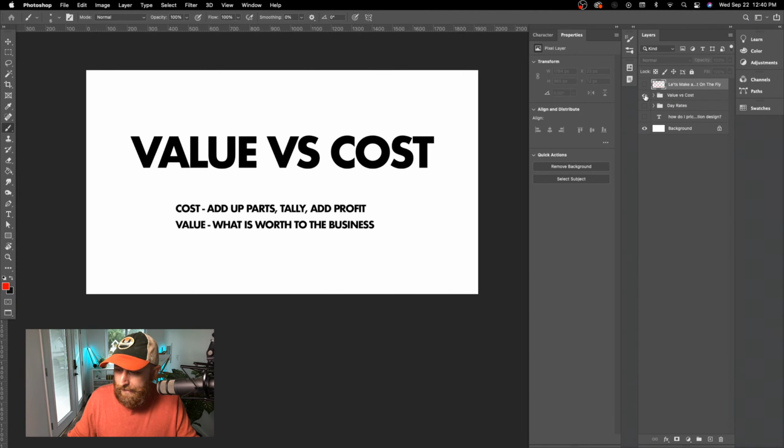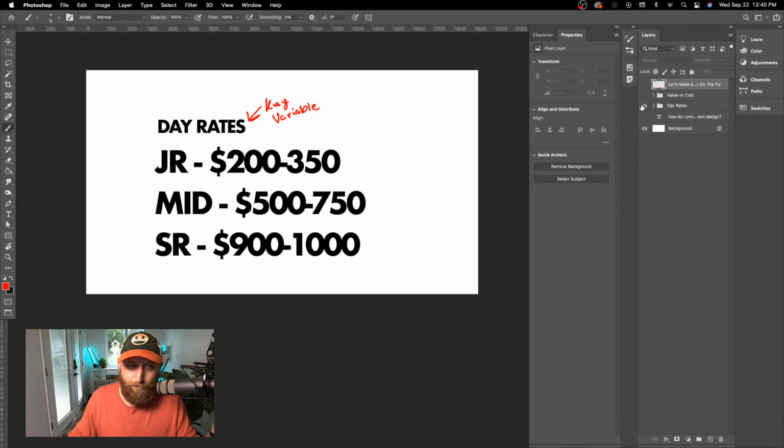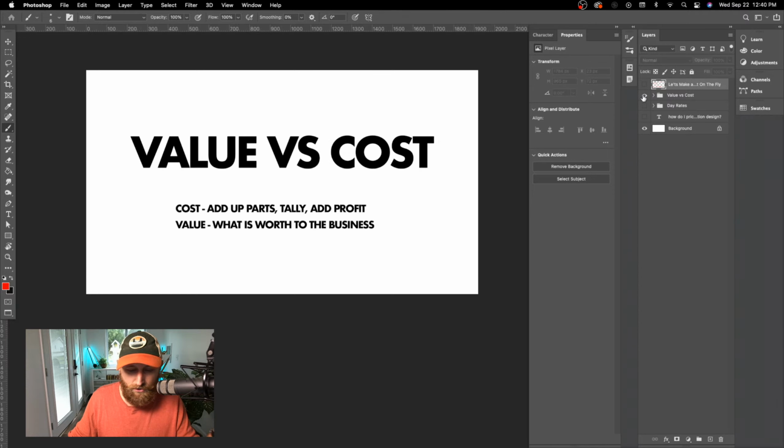So to recap, figure out that key variable, figure out your day rate, decide if you're doing a value versus a cost analysis. Cost is just adding up the parts and then adding a profit. Value is trying to engage the client in a process of figuring out what it's worth. You know, the value-based pricing, think about illustrators, editorial illustrators.